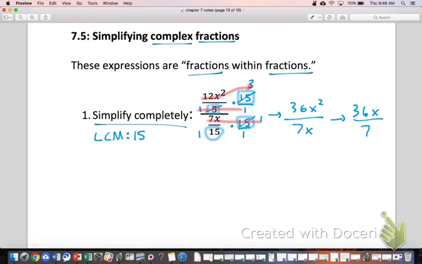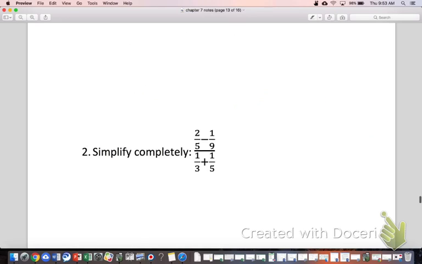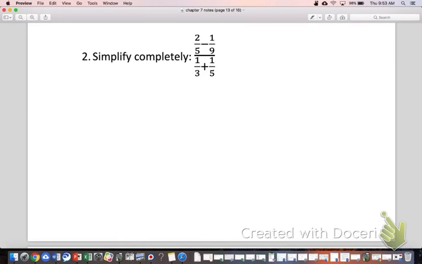Okay. So let's take a look here at number 2. You see number 2? This is going to be where this strategy that I'm trying to teach you guys is going to be really, really important. Do you guys see that you've got a fraction in which the numerator is this in red? Like that whole thing is the numerator. And then this whole thing down here is the denominator. So this fraction is even more complicated than the other one. But we can make it just as simple as the other one, maybe even simpler, by doing this step first,